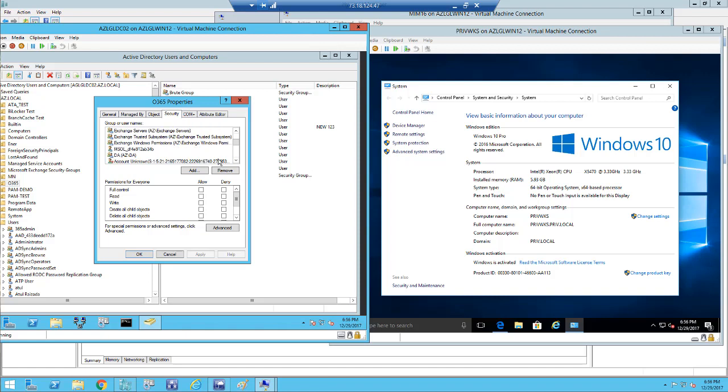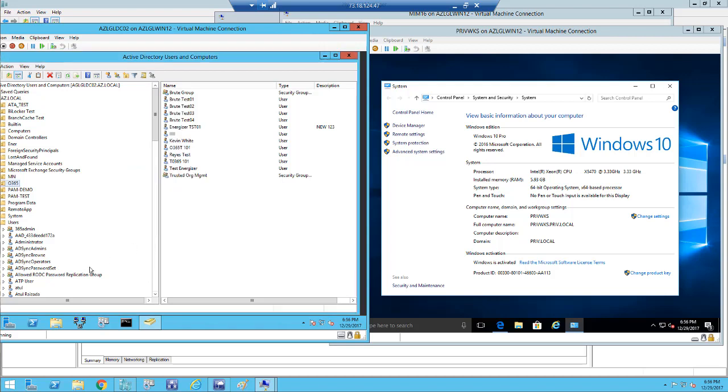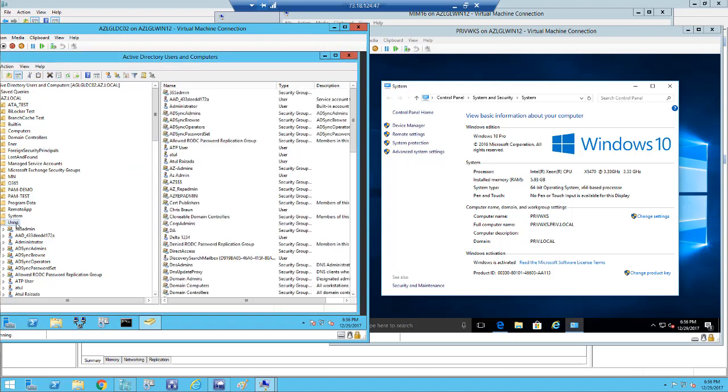I did that, and we will do it together once I show you this first portion. This is the group, no, not this one, there's this one here, O365 admin. So this group has been given the rights to this particular OU as delegated rights. And if I go back to the O365 admin group here,